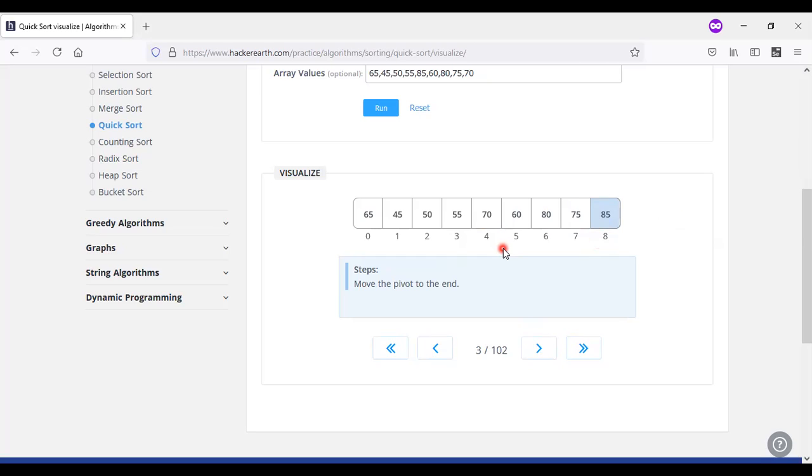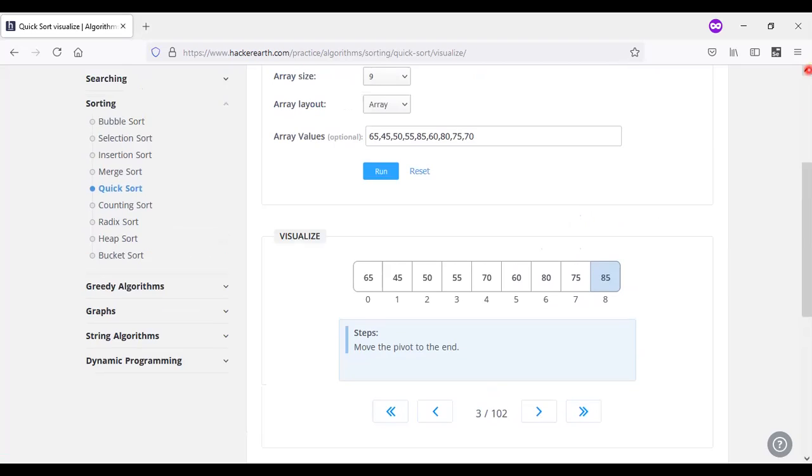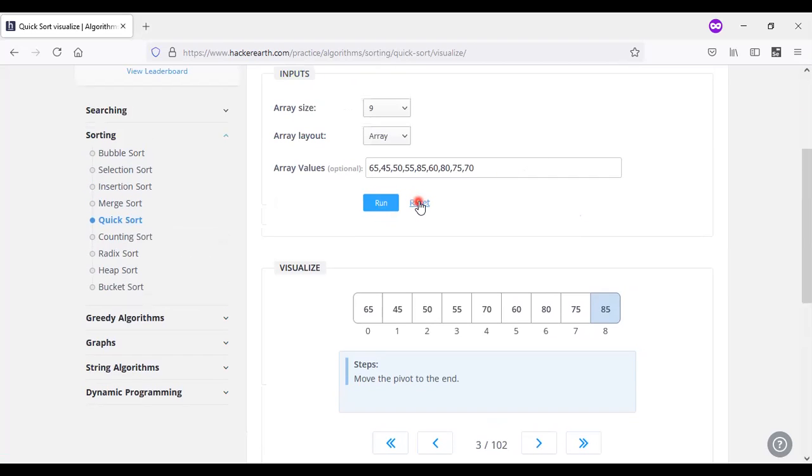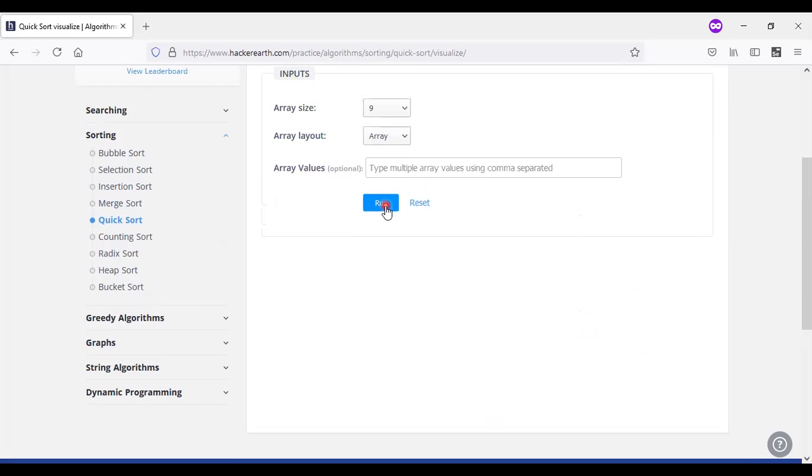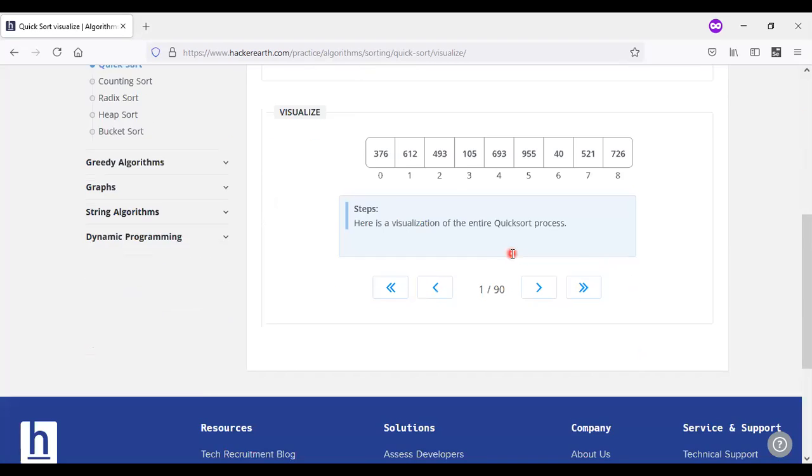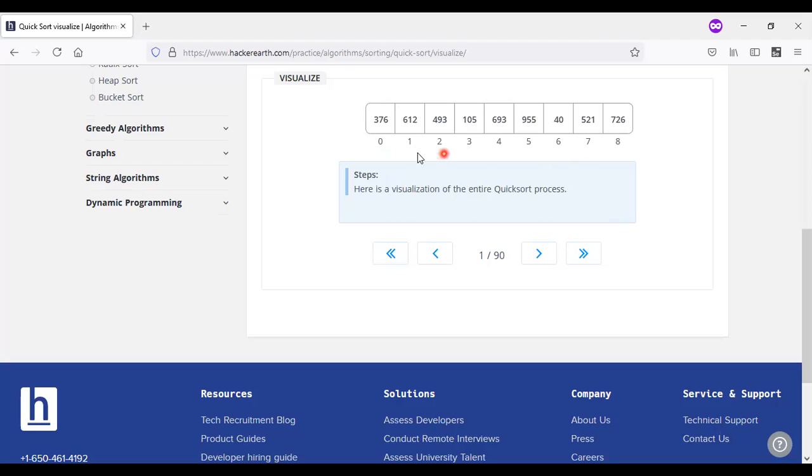If you take any middle value or the lowest value, say 45, as the pivot element, then there will be only a right sublist and we won't have other values. If you are not giving any values, it takes its own values. In this visualization, we take the mid value, which is the middle of the list, as the value chosen for processing.